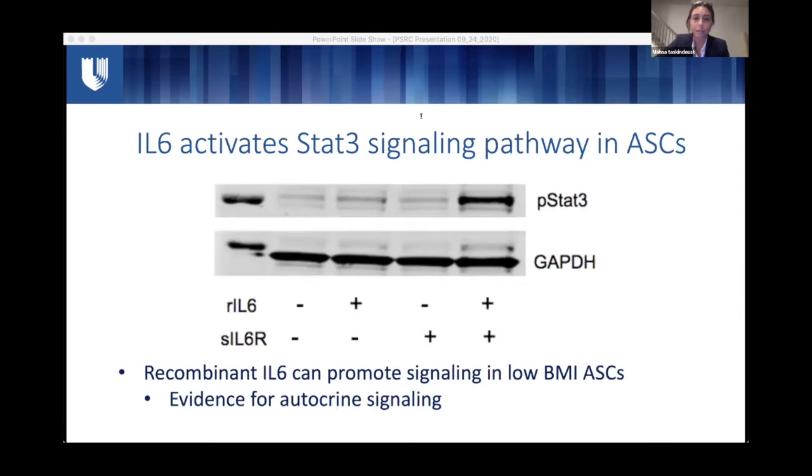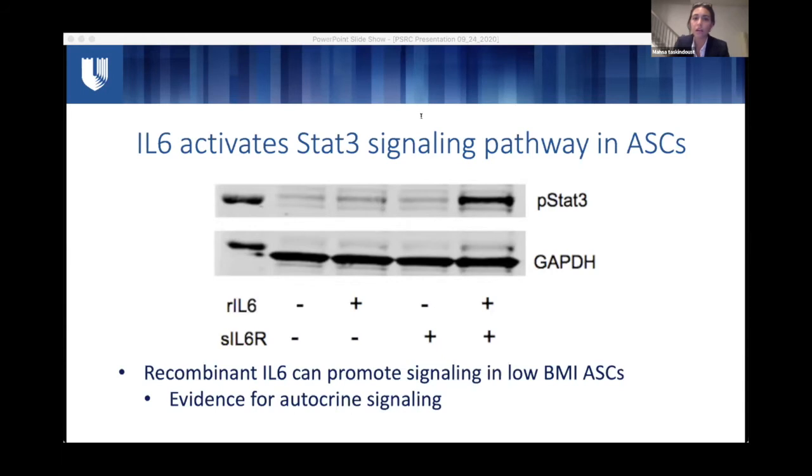So the next step in this process was to follow up on that last finding. Seeing that high BMI ASCs are secreting high amounts of IL-6, we wanted to examine the ability of recombinant IL-6 in promoting STAT3 signaling and senescence in ASCs from low BMI patients. To do this, we pulsed these lower BMI ASCs with 10 minutes of recombinant IL-6, plus or minus soluble IL-6 receptor, which is labeled sIL6R there. After pulsing them, we took equivalent amounts of nuclear protein extract from these cells and examined them through Western blotting. Here we specifically were blotting with phospho-STAT3 antibodies, and notably you'll see in that last column